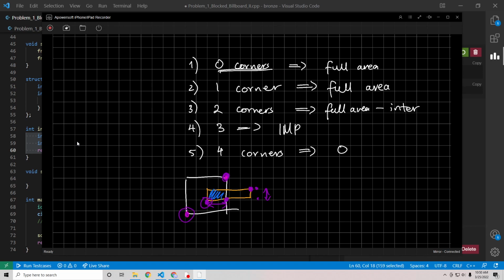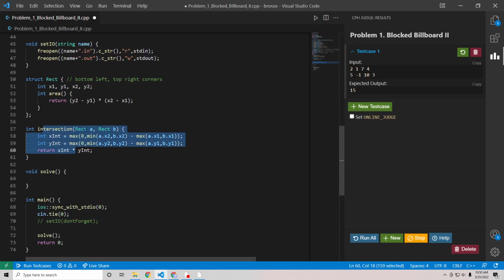So if we get the rightmost left point, the leftmost right point, the lowest high point, and the highest low point, then we know that all these 4 points are going to be in between. There's going to be overlap between both rectangles for sure, and therefore this is why here we do